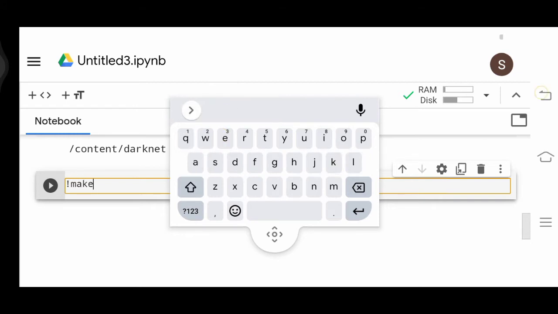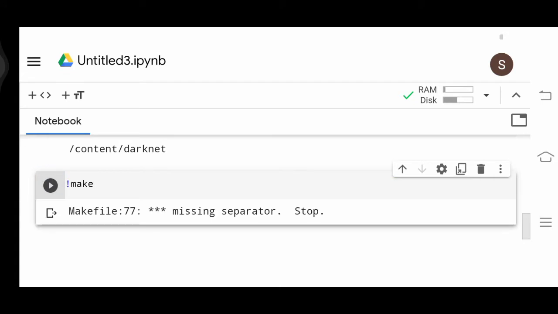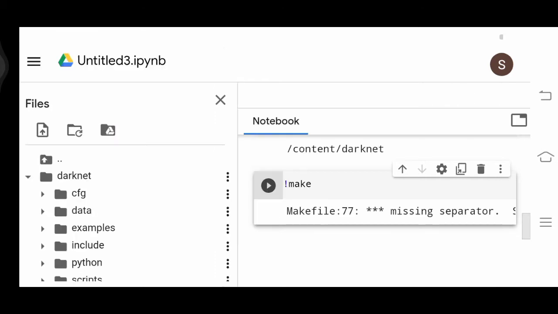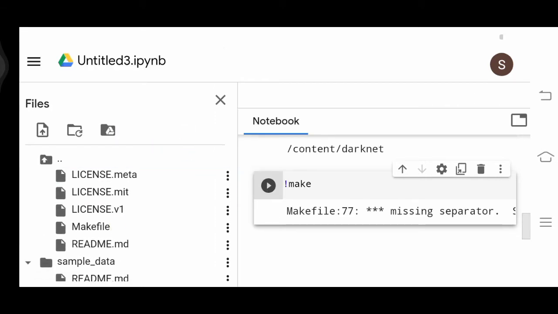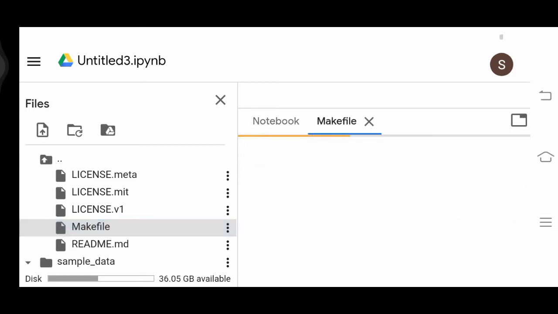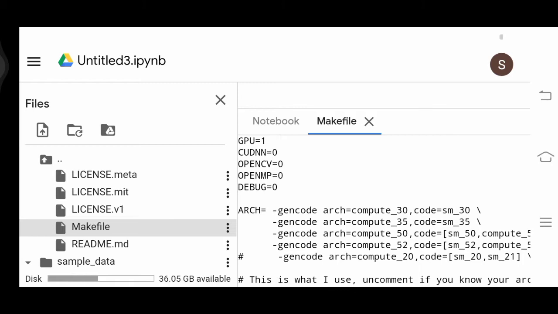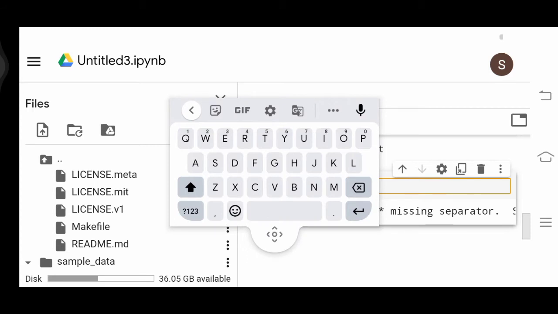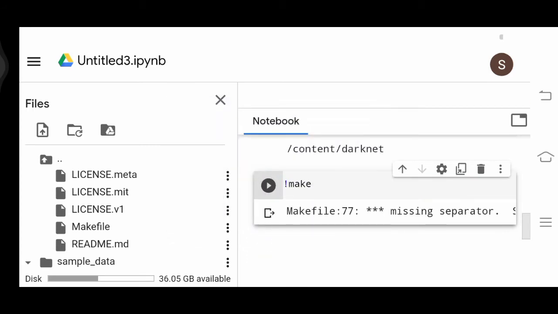This is so wonderful that you can nowadays do even this GPU acceleration. Okay, make 77. An operator is missing. I don't know what it is. Okay, let's see. So the browser file, go to the make file. 77. I don't know what it is. Okay, what kind of operator is missing? I don't know. Some kind of operator is missing.